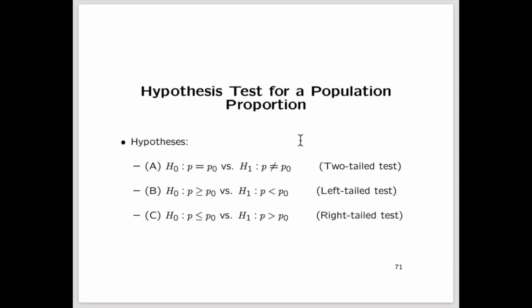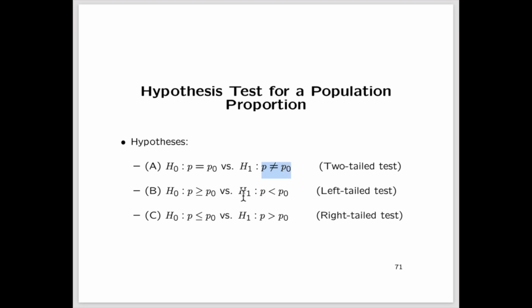All right, so in testing hypotheses about a population proportion, we have the same three types of tests that we had for testing means. We have a two-tailed test, a left-tailed test, and a right-tailed test. The two-tailed test has a null hypothesis that says that the proportion p is equal to some hypothesized value against the alternative hypothesis that says that p is not equal to